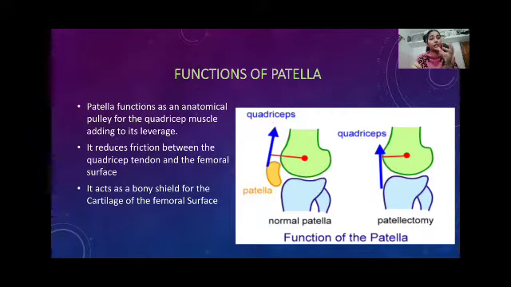So if a particular amount of torque can be achieved with a lesser amount of quadriceps force, then the muscle is said to be efficient. And when is that possible? When the moment arm is large enough, which you can see when the patella is present. So the efficiency of the quadriceps in the presence of the patella is enhanced.